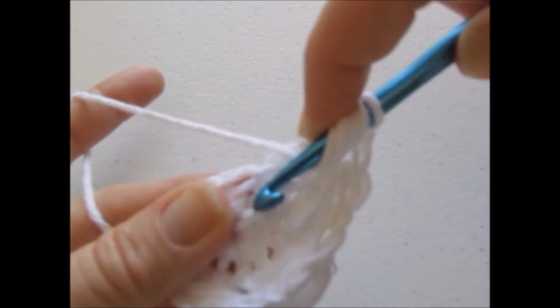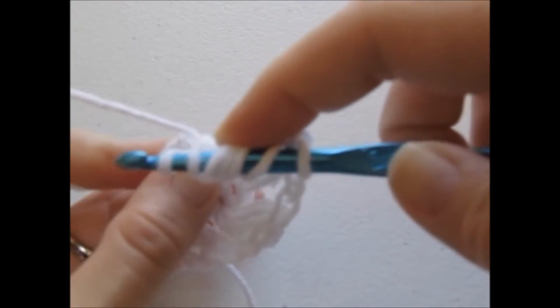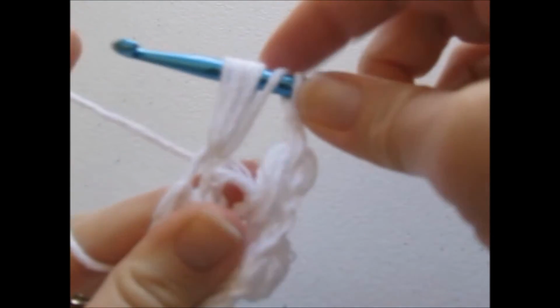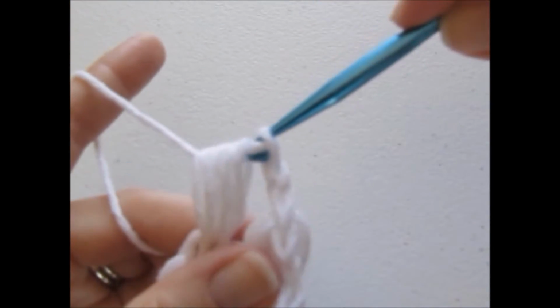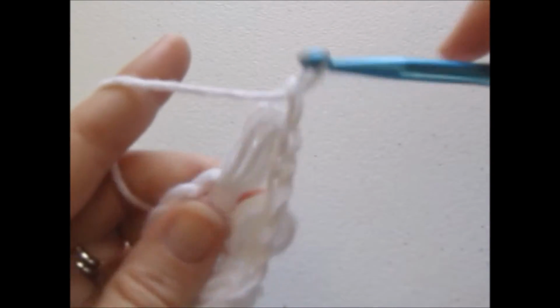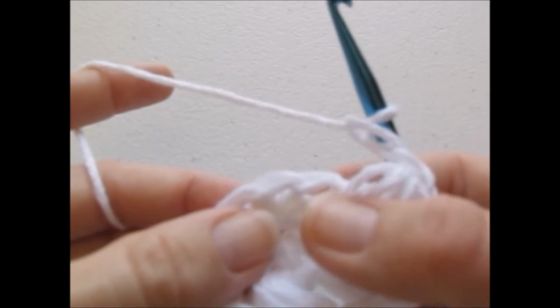Yarn over, insert the hook into that same stitch, yarn over and pull that yarn through and up, yarn over and pull through all 7 loops on your hook, chain 1 to secure, chain 1 so we can skip the next one,